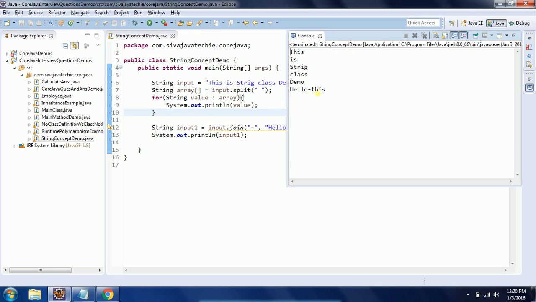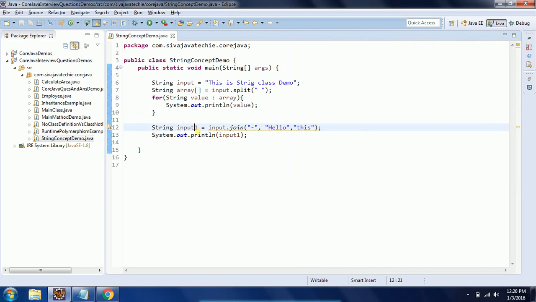See here, this is "hello this". The strings we pass are concatenated by the delimiter whatever we passed here.